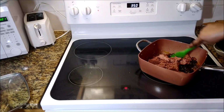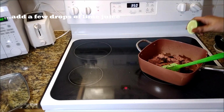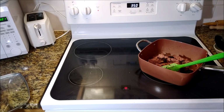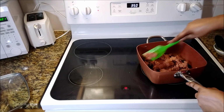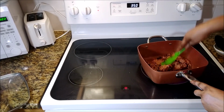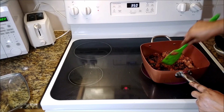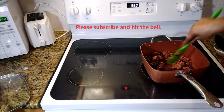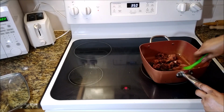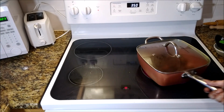Now I'm just breaking this apart. And I'm going to add a few drops of this lime. The lime juice. Just a few drops. Okay, I just love to add a little bit of citrus to my beef. Get all of that combined together before adding the rice. This is how I do it. This is how I was taught, so I'm sharing it with you today. Let that go for about a minute or so